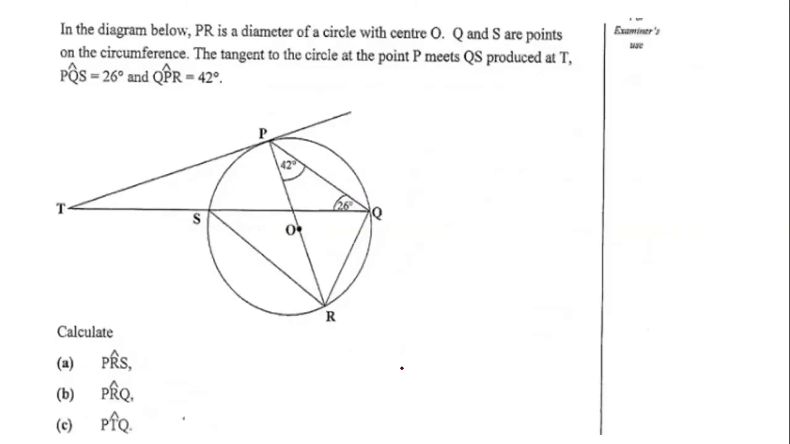In the diagram below, PR is a diameter of a circle with center O. Q and S are points on the circumference. The tangent to the circle at the point P meets QS produced at T. PQS is equal to 26 degrees and QPR is equal to 42 degrees. Okay, so first and foremost